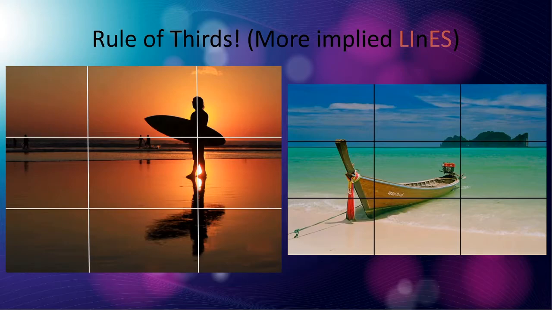And this image feels a lot better. People tend to like this kind of image better than if the ocean were right in the center and if this surfer were right in the center or cut off and had their head down here or something, right? So when you're taking a photograph, see if you can put a focal point on one of these lines, like the horizon here and the beach, they kind of match up. It doesn't have to be perfect, but it's close enough that it feels nice. And this will make your photographs and your drawings feel a little nicer, a little more professional.